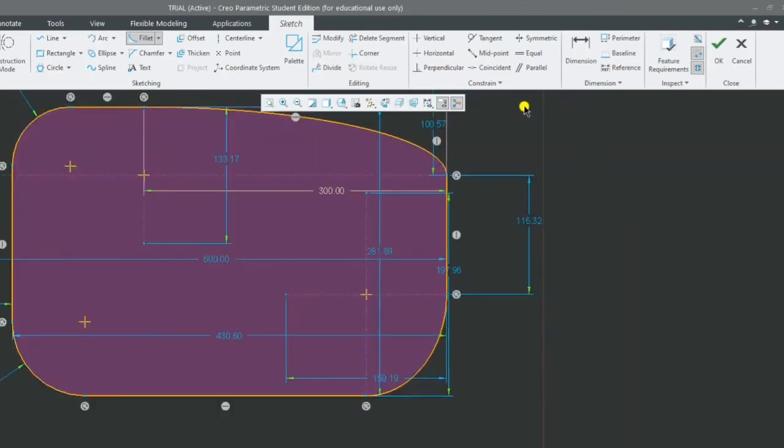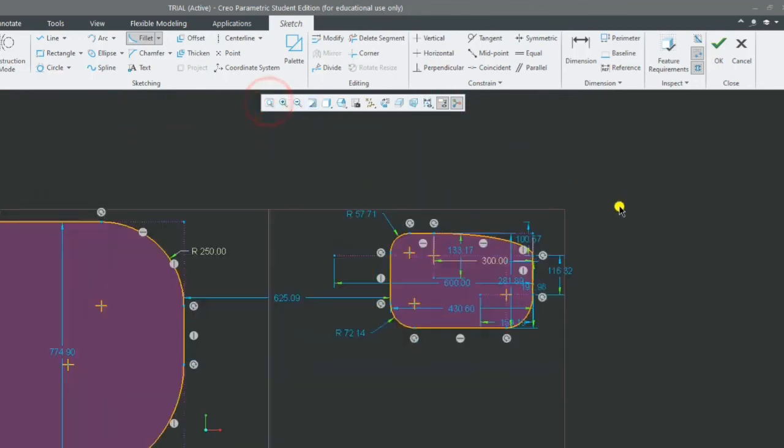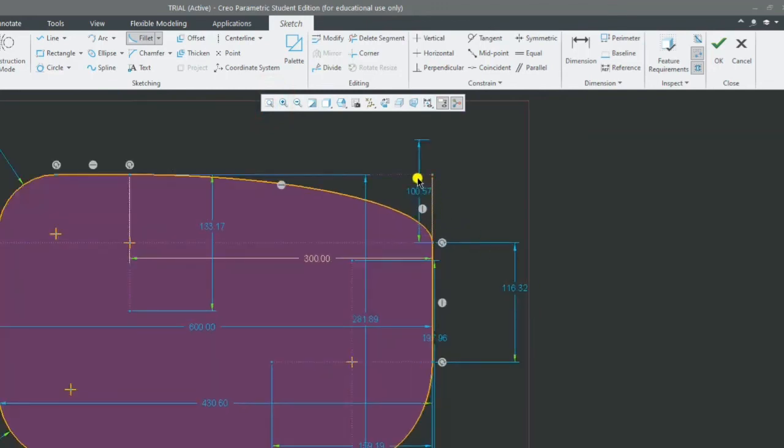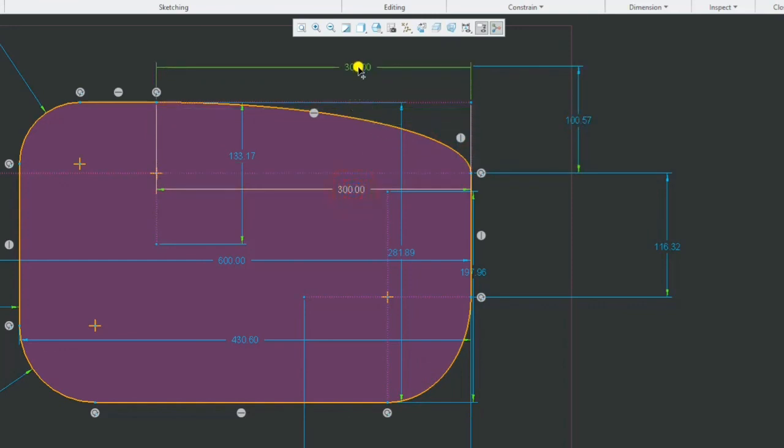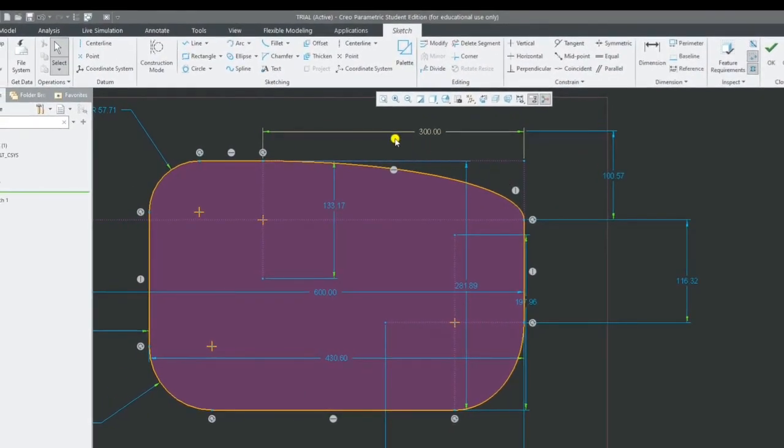If you see here, we have construction lines, and these dimensions can be dragged to any point. If you click here, you can drag it to any particular location that you feel convenient. So click on the dimensions and drag them to whatever positions you find convenient. Okay. So this is how we have the fillet type.